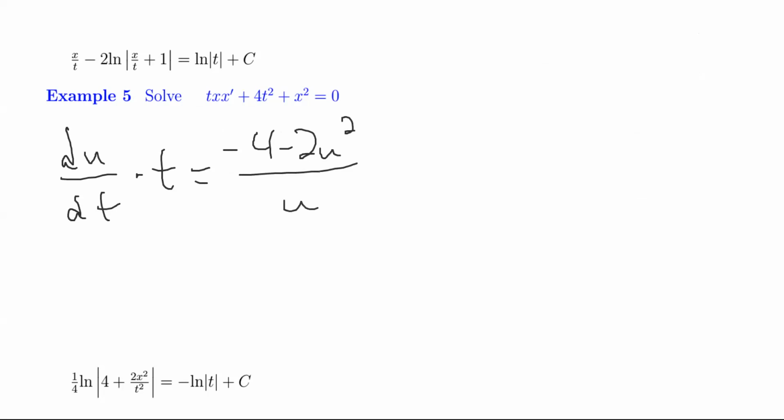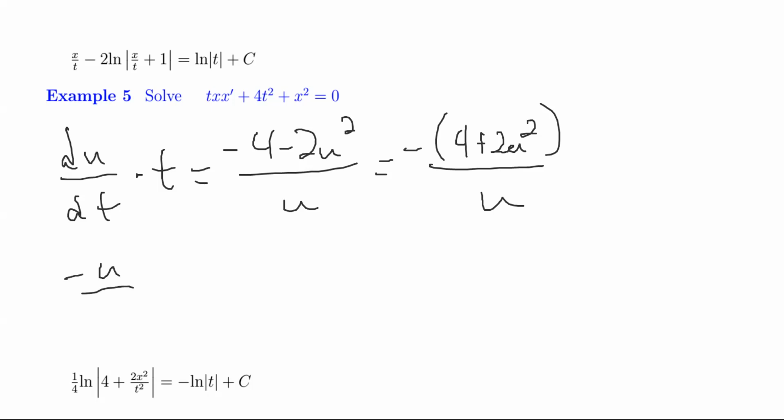Or in other words, negative of 4 plus 2u squared all over u. All right, now we want to separate our variables. If we do that, we end up with negative u over 4 plus 2u squared du is equal to dt